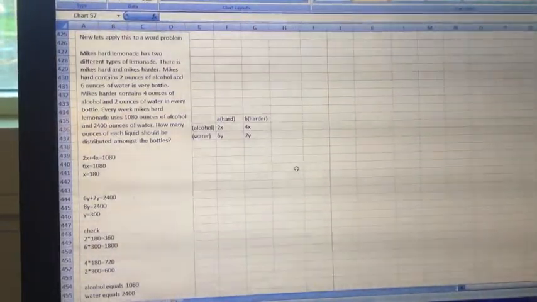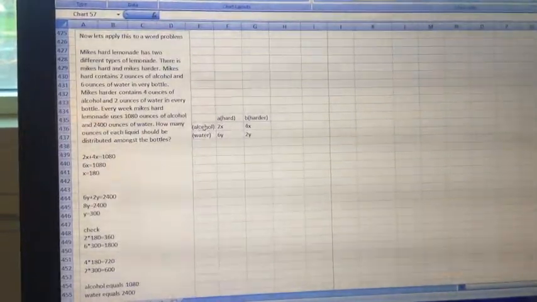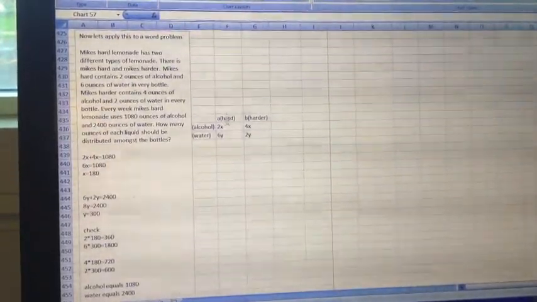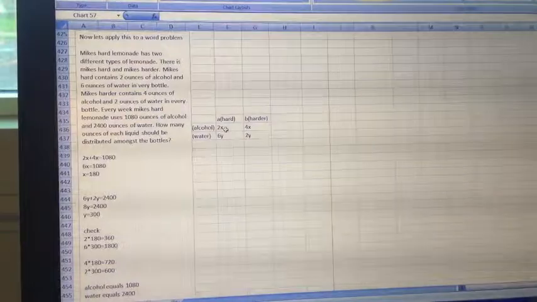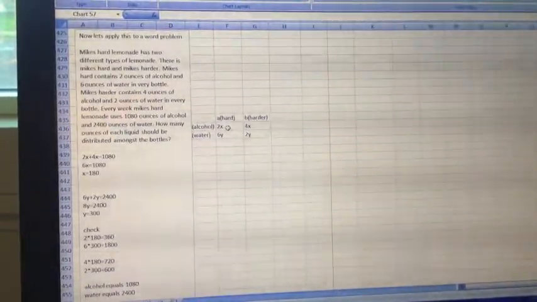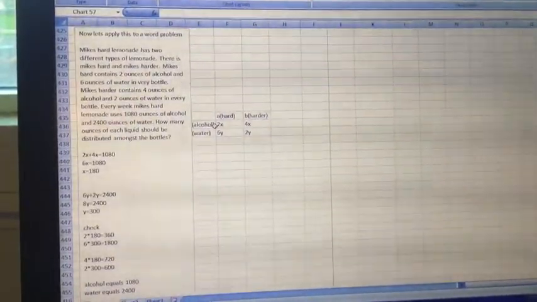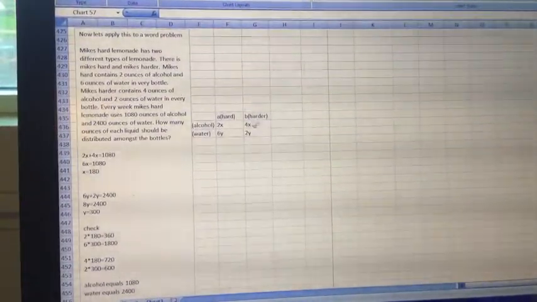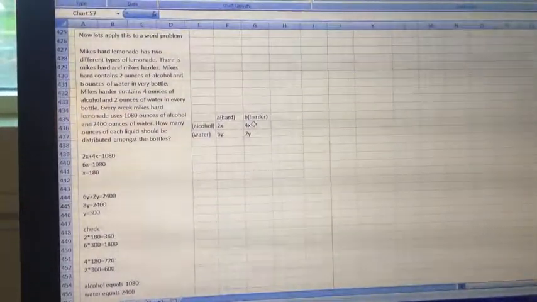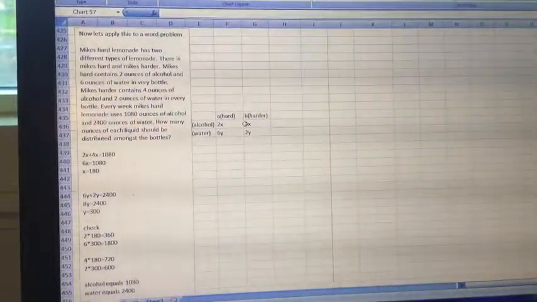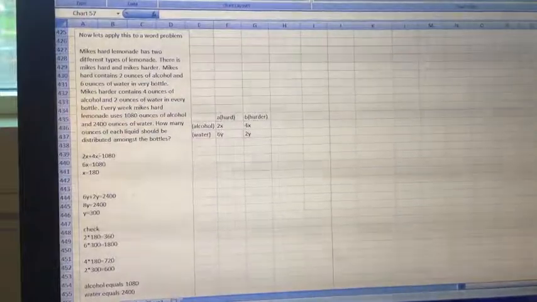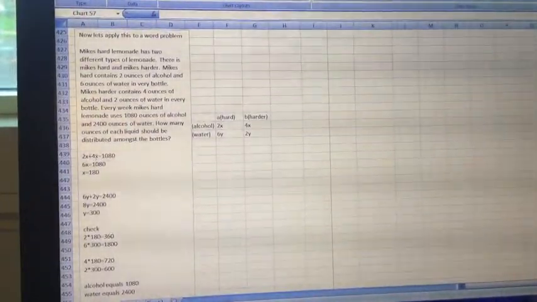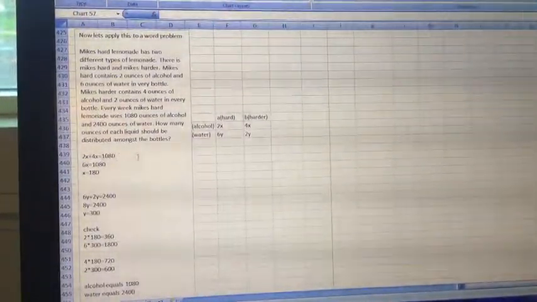If we look at this, it says that out of the alcohol, Mike's Hard uses 2 ounces of alcohol in every bottle, so we get 2x. x stands for the number of bottles, and the 2 is the number of ounces. Then we look at Mike's Harder, and x stands for the number of bottles, which we don't know yet, and 4 stands for the number of ounces. So we know that 2x plus 4x